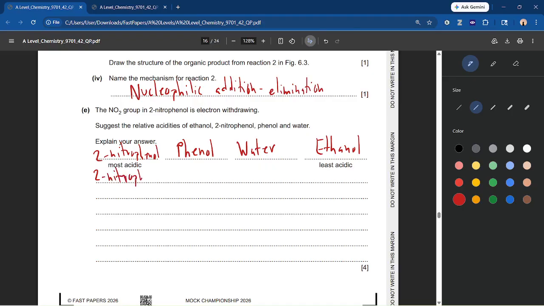2-nitrophenol has... trying to figure out how I'm going to write this. 2-nitrophenol and phenol